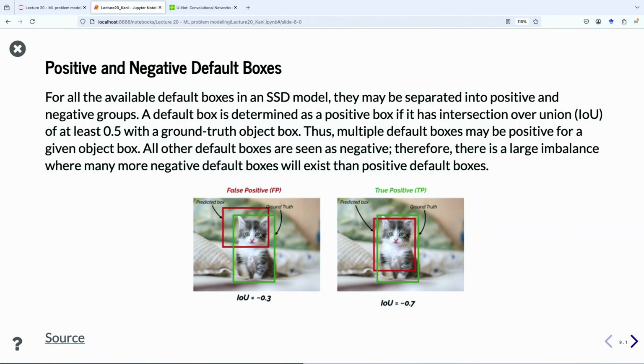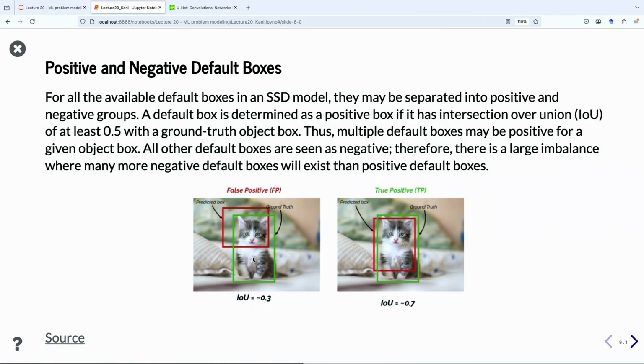This bounding box captures part of the kitten, but not all of it. But we need an actual measure to see how good the bounding box is, because if the bounding box is gigantic, if it is the entire image, that's not what we want. If the bounding box is just a little part of the image, that's not what we want either.